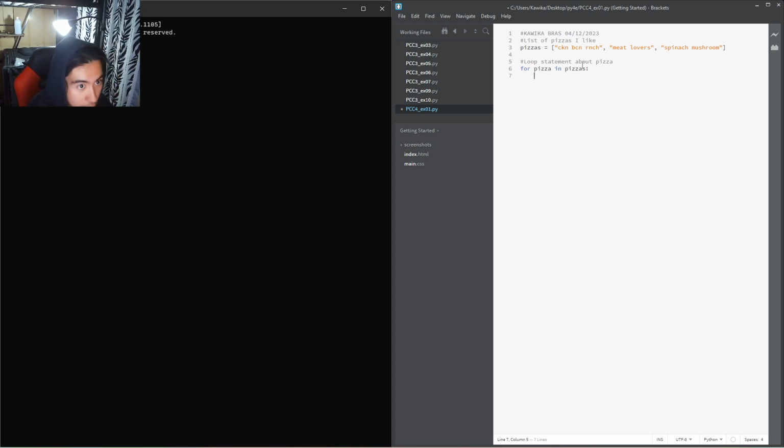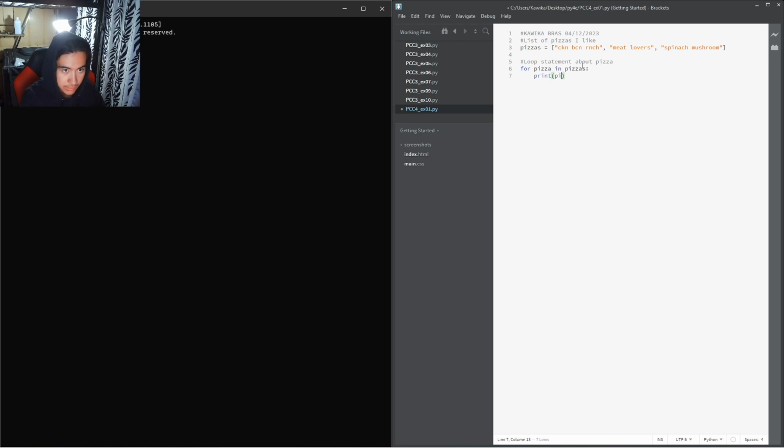I don't know about other programming programs, but it indents for you, but you have to make sure that whatever you want looped has to be indented. Otherwise, it will not be recognized as used for the for loop, and we'll go over this a little bit later. So for pizza in pizzas, we're going to want to print,